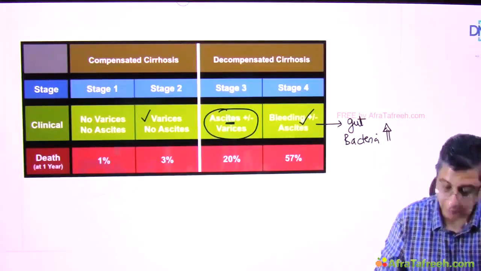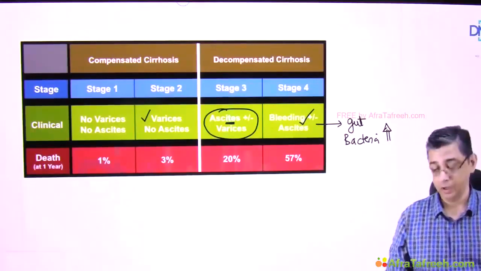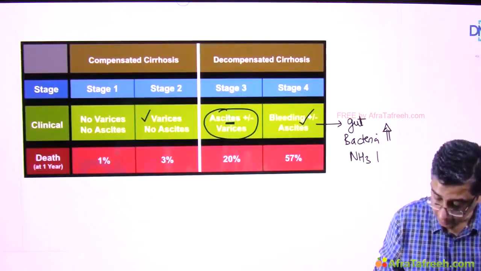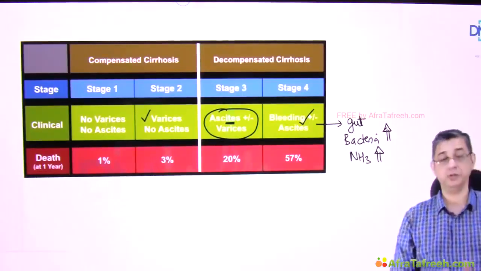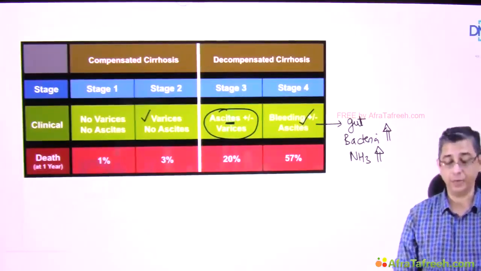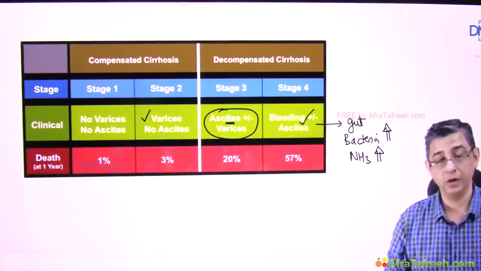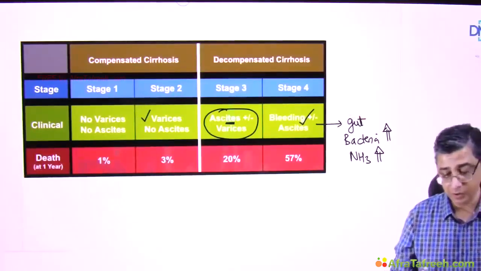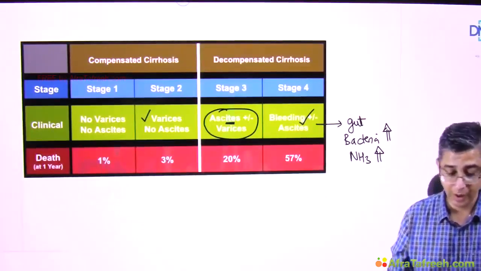Where is ammonia produced in the body? Intestinal bacteria. If more ammonia is produced, that will trigger hepatic encephalopathy in a patient. So that's why it is written that coagulopathy triggers hepatic encephalopathy in a patient. Our objective is to intervene before the stage happens, because once he goes into stage 3, stage 4,